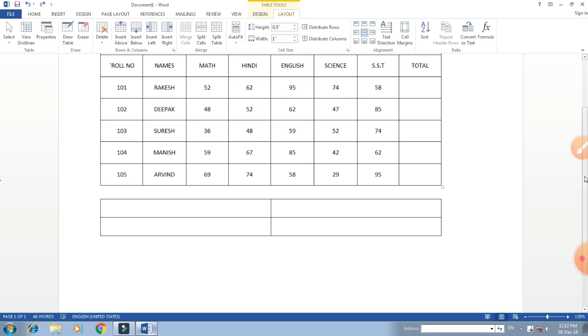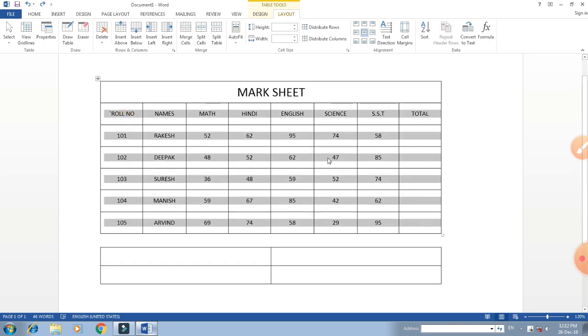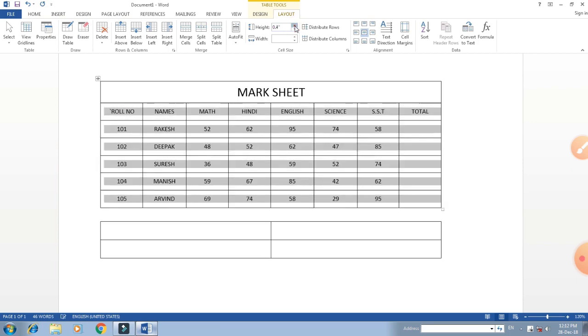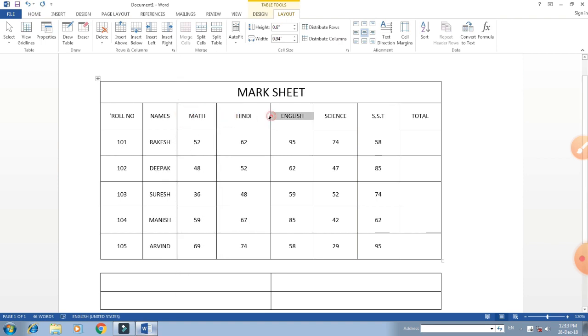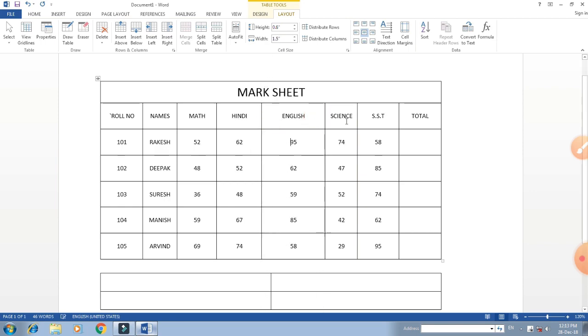Now distribute rows. After that we will understand distribute rows, meaning we can increase the height and width through the height settings. It takes the height equally, distribute rows and distribute columns here. So according to our needs we can set the margin of every cell. Now here the column margin is not in order. Suppose I am increasing or decreasing the size of the column, then you only have to click distribute columns and it will be set accordingly.